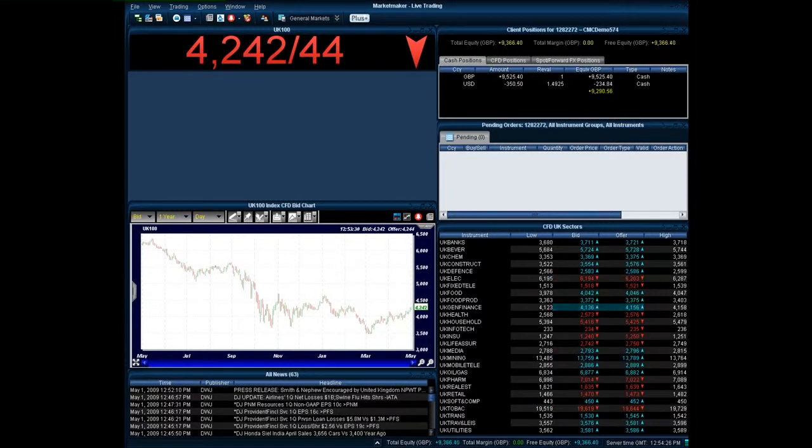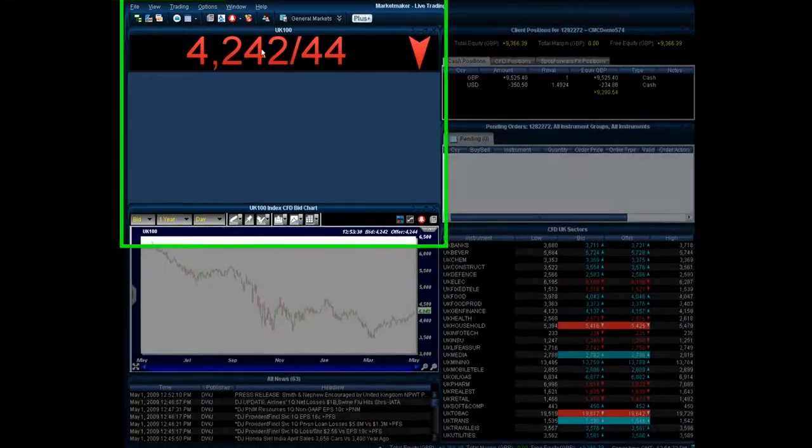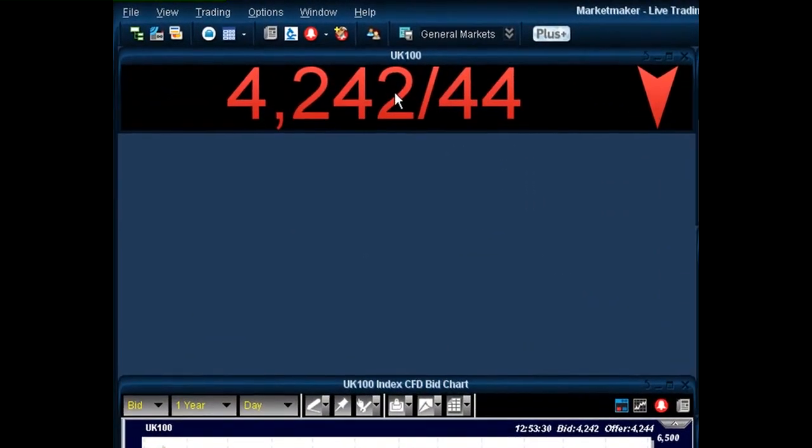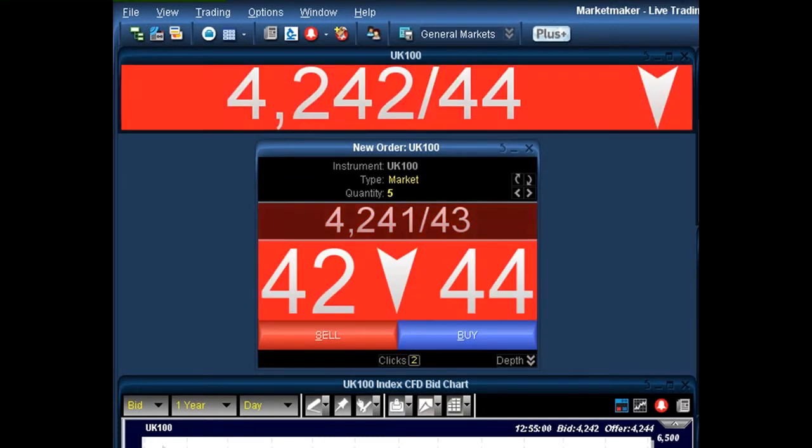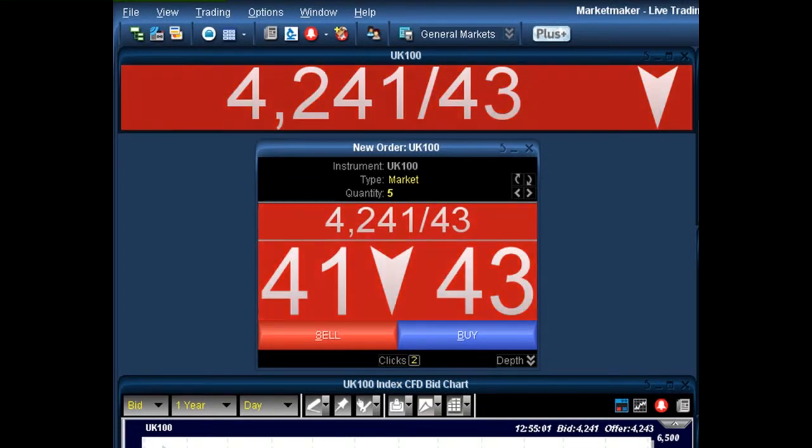defaults. As you would have seen in previous webinars, when we bring up an order ticket, it is preloaded with certain parameters. For example, if we bring up the order ticket on the UK 100, you can see that it's preloaded with 5 CFD contracts and a 2-click dealing strategy. Well, let's say we trade this on a regular basis, but we're not quite ready for 5 CFD contracts. We're only willing to take out 1 CFD contract every time that we take out a trade with the UK